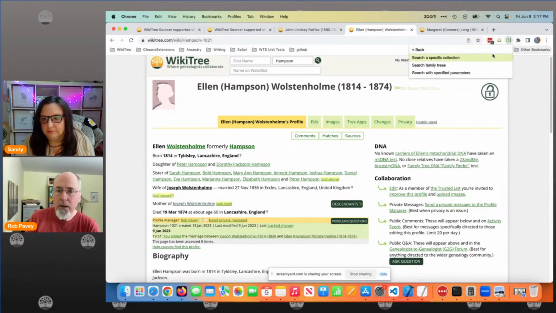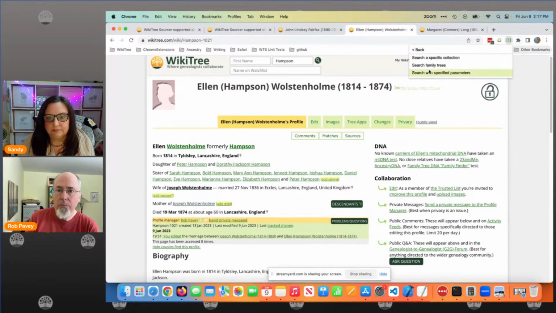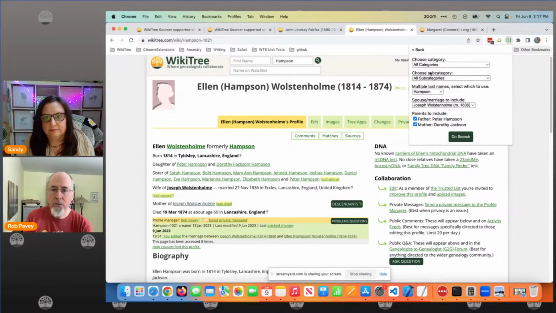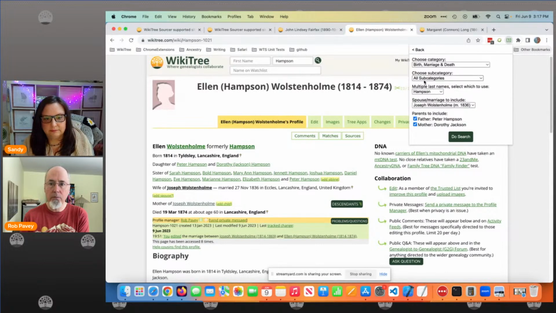What I was talking about are these different options here to search a specific collection, like specific censuses, or this is where I was talking about the search with specific parameters. It'll let you choose whether to use the maiden name or the married name. And it'll let you search for specific things, like saying I want to search for a birth with just baptisms